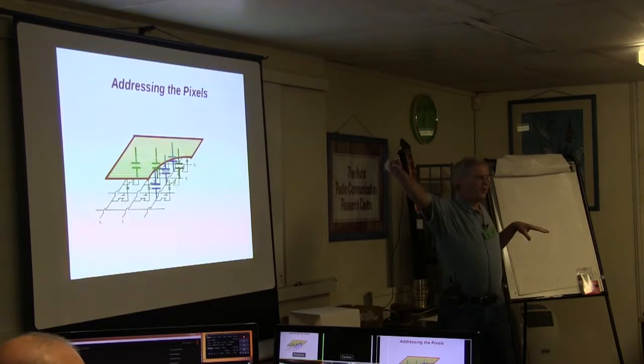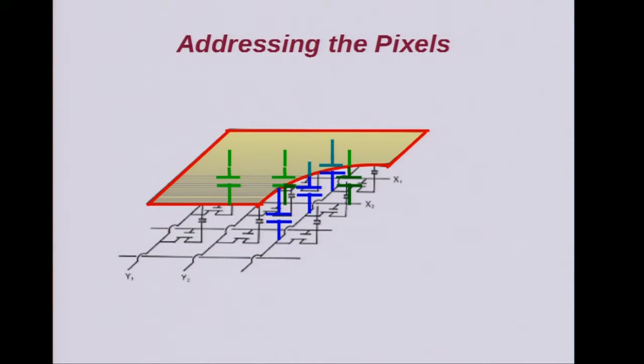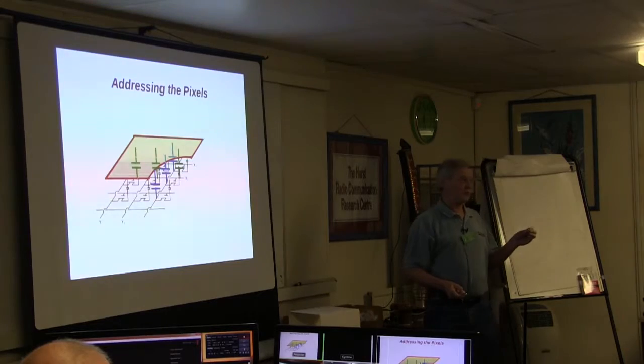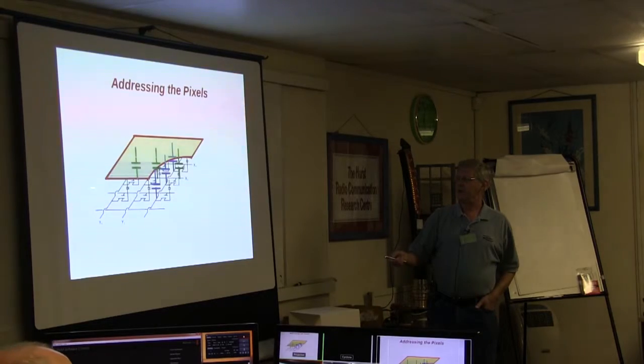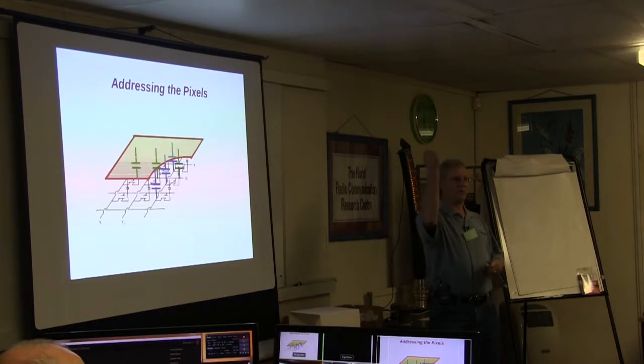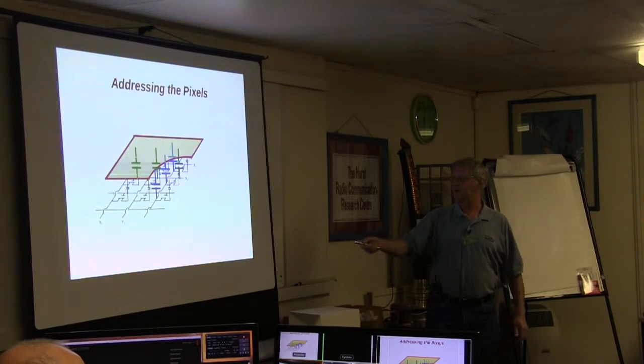So a whole LCD screen is going to need lots of these little pixels. Nowadays it typically needs 1080 rows of pixels and 1920 columns of pixels to make up a full HD TV. So we've actually got to address these pixels, and typically it's horizontal rows going across, and all these little transistors, thin film transistors, hence TFT LCD. So all these little transistors, the gates are all connected into these horizontal rows. So we can bang that horizontal row with a big voltage, turn all the gates on these transistors, and then